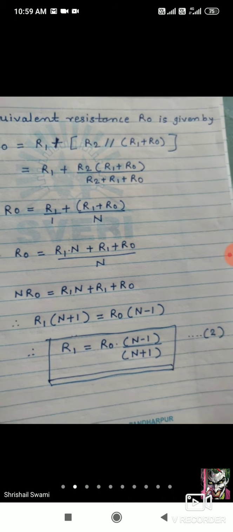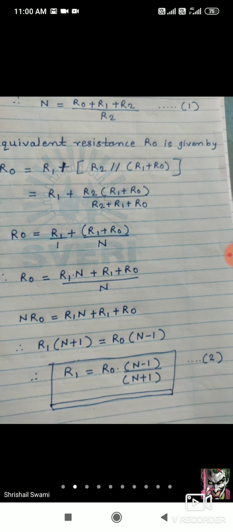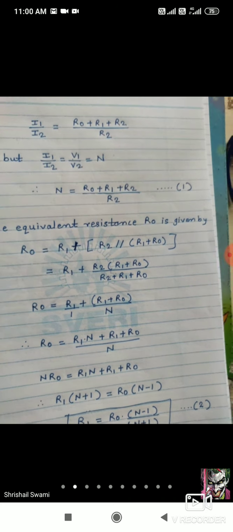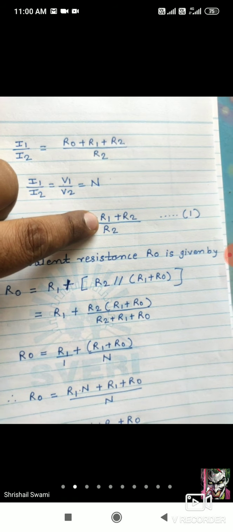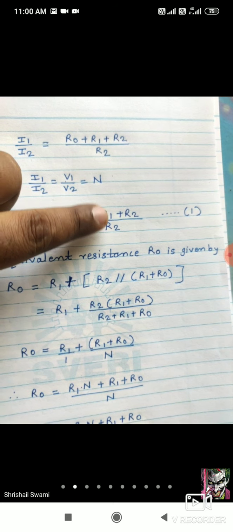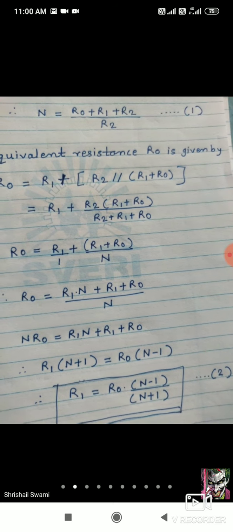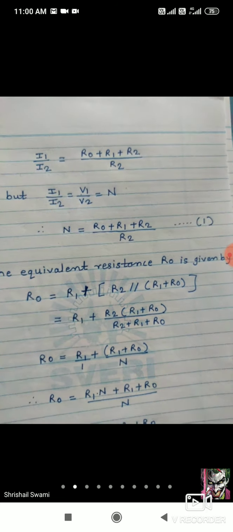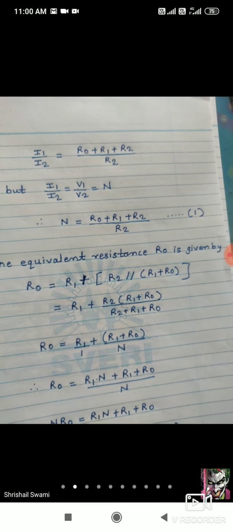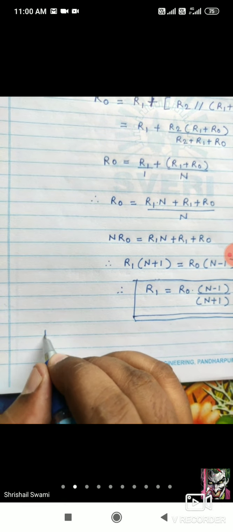Equation 2 is here with you. You can put equation number 2 into equation number 1. Only R1 you have to replace. If you replace R1 in terms of R0 and N, then you can get the expression of R2. So from equation number 1 I will write,